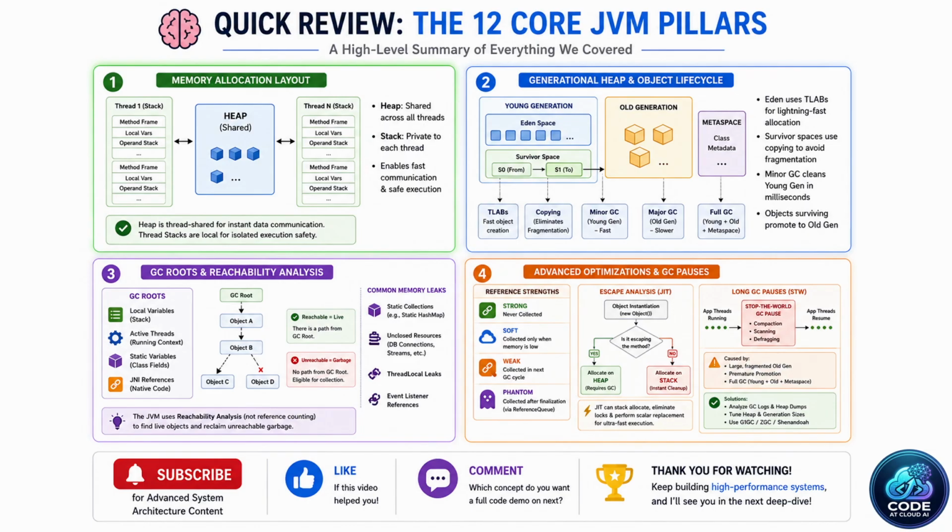We broke down the 4 tiers of Java reference strengths from strong down to phantom, showed how JIT escape analysis can dynamically bypass the heap altogether to perform ultra-fast stack allocations, and looked at how premature promotion triggers the long stop-the-world GC pauses that stall high-throughput systems. When you tie all 12 of these pieces together, you stop just writing code blindly and start architecting highly optimized